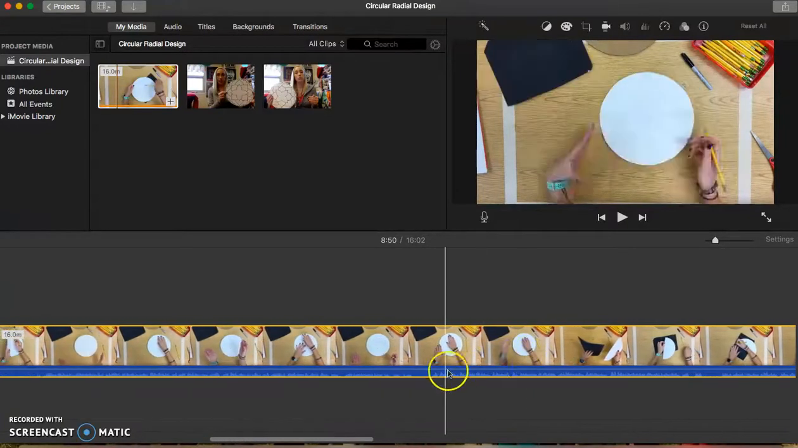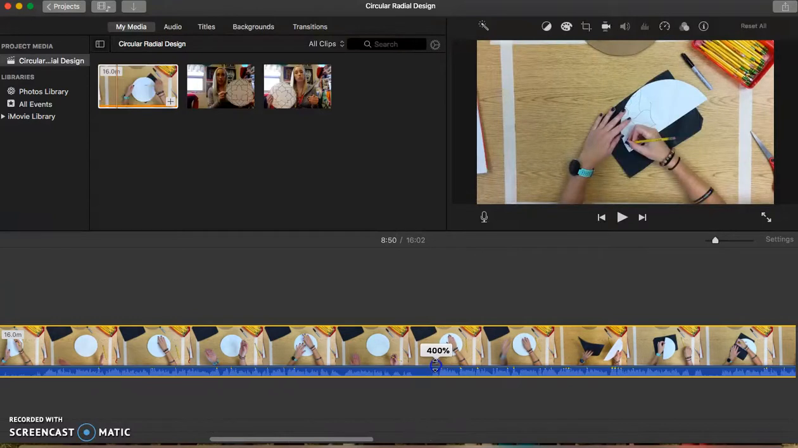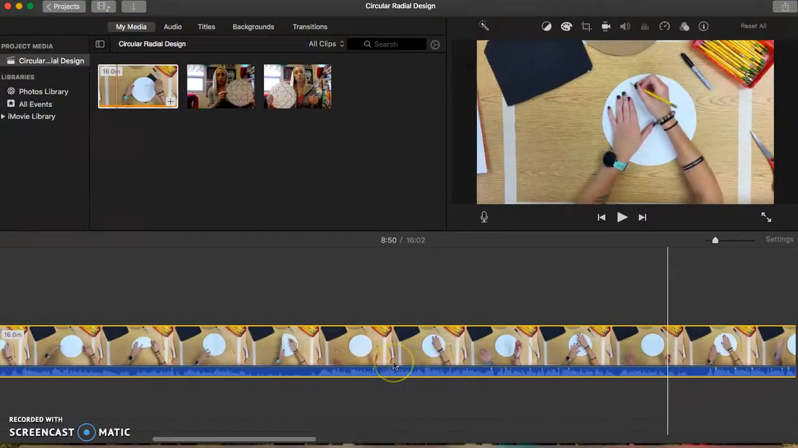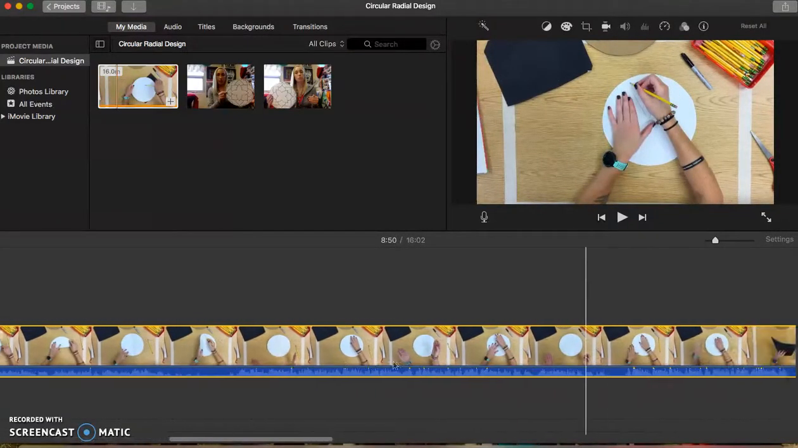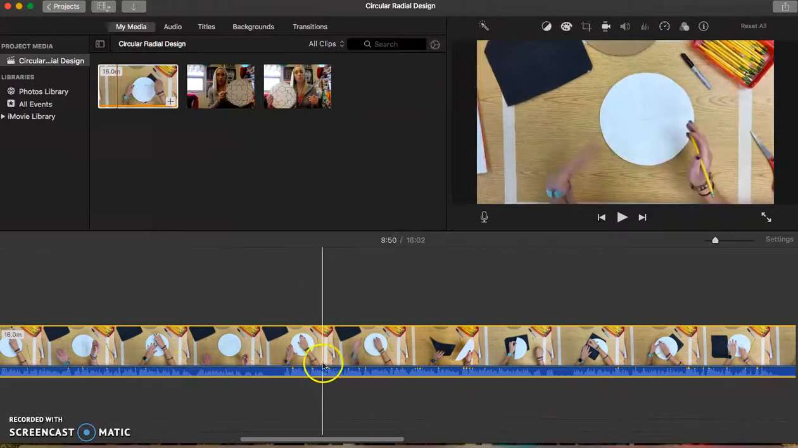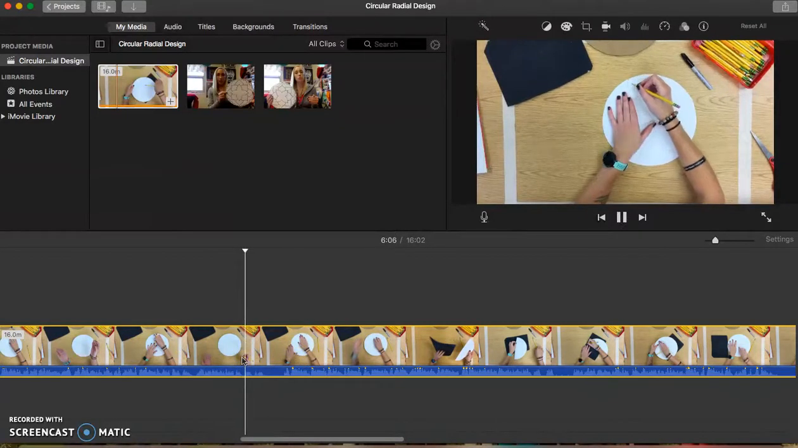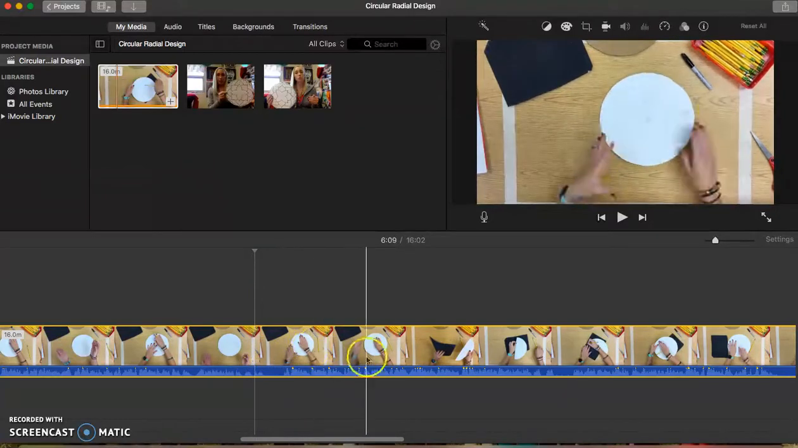So before I do that, I'm going to go ahead and turn the volume up on myself. So you can just grab that little bar and pull it with your mouse. And I'm going to turn my volume all the way up to 400. And so what I'm going to do is just look through here. You could literally sit here and listen to the whole video